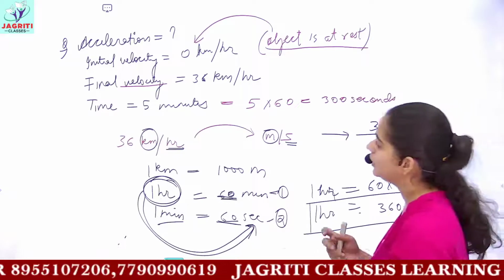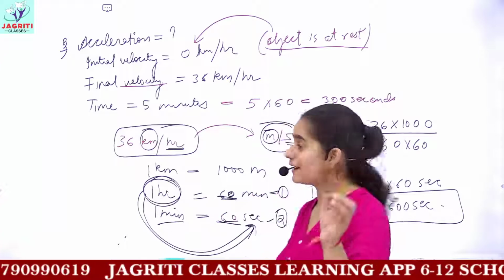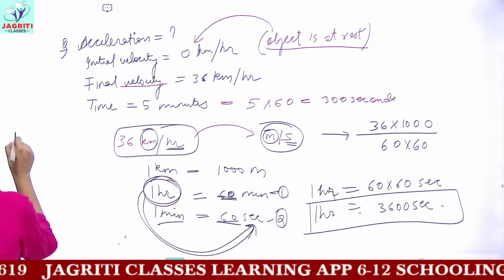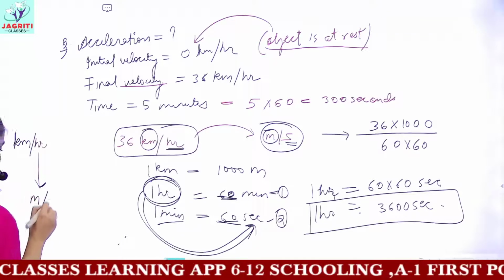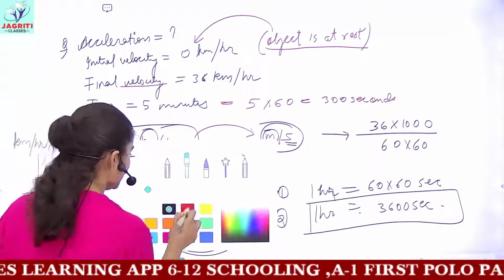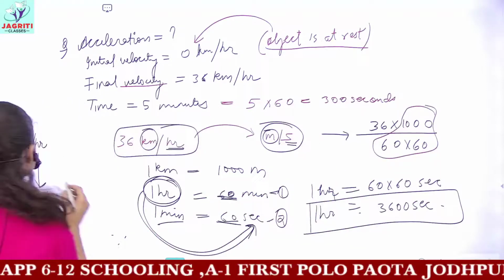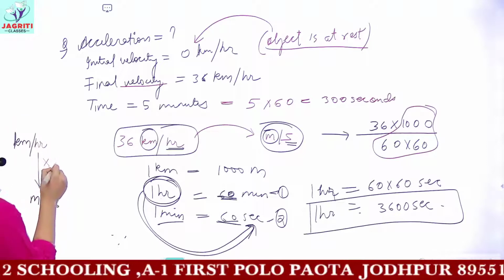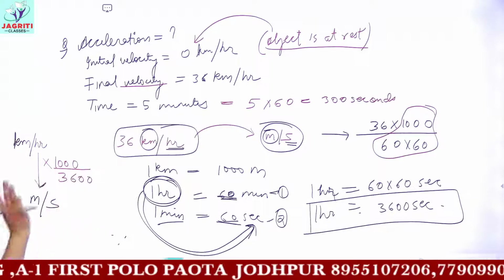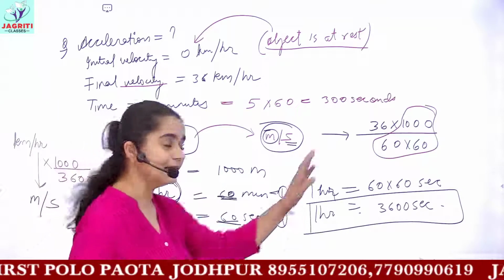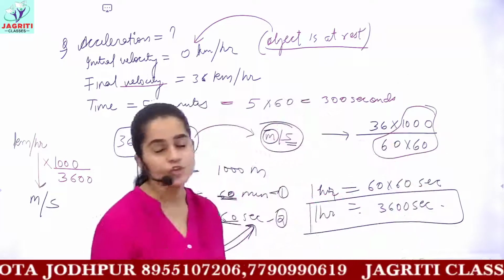And everywhere, wherever you get the conversion of kilometer per hour into meter per second, the factor required would be, if you are given kilometer per hour and you have to convert it into meter per second, then you have to multiply by what factor? By this factor. That is, multiply this given value with 1000 upon 3600, that is 60 into 60. Then you would get the answer. So you can remember that this is a fixed factor from which you have to multiply.